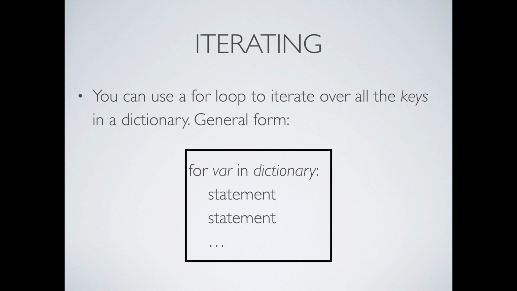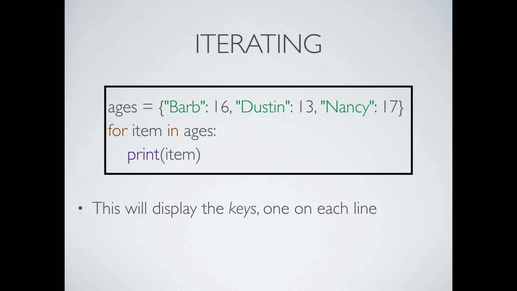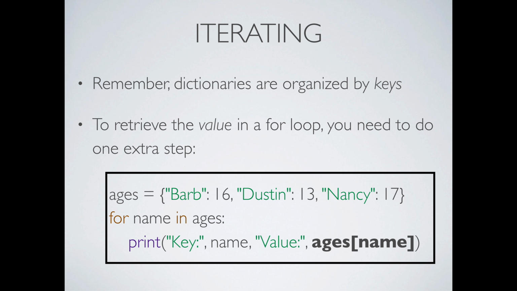So for example, we're going back to the same dictionary example, and then I say for item in ages, print item. So again, this will display the keys one at a time. And again, these keys are going to be Barb, Dustin, and Nancy. Again, key takeaway from this, keyword key, when you iterate through stuff in a dictionary, it just gives you the keys. It does not give you the full key value pair, it just gives you the keys. That said, if you want to look up the value as you're iterating,